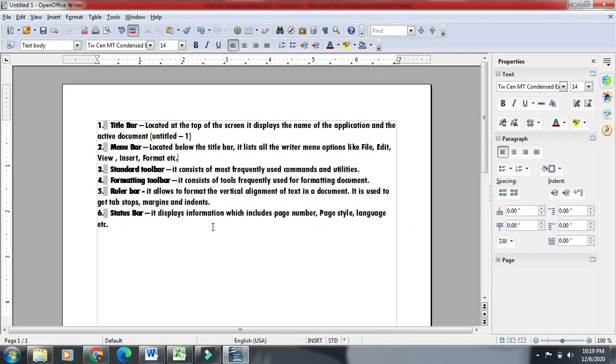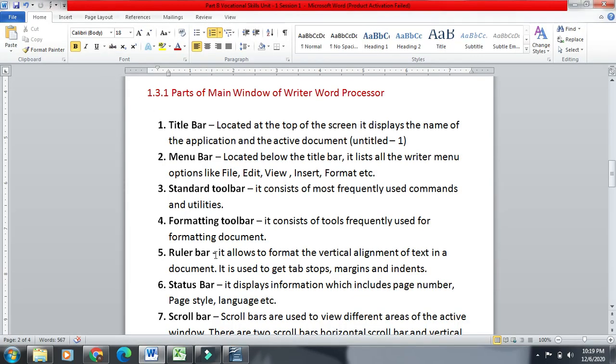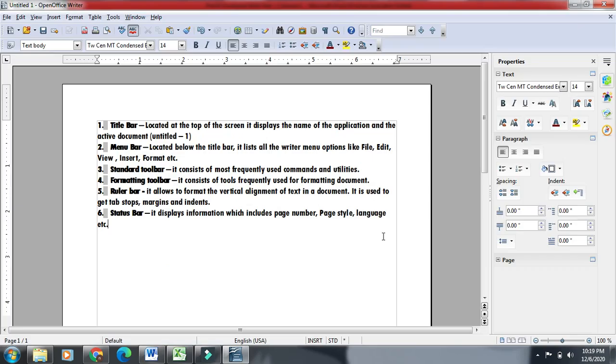Next thing is the ruler bar. It allows to format the vertical alignment of text. We can format the vertical alignment of text. The text is basically vertically aligned. So this alignment means like this.